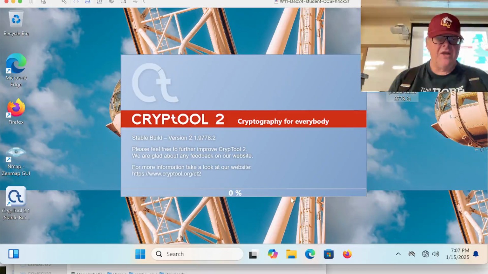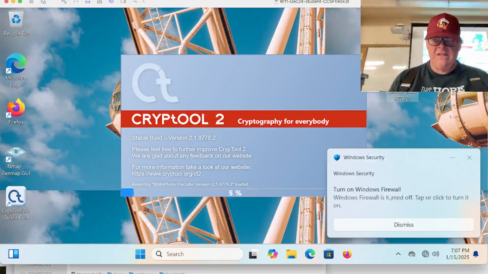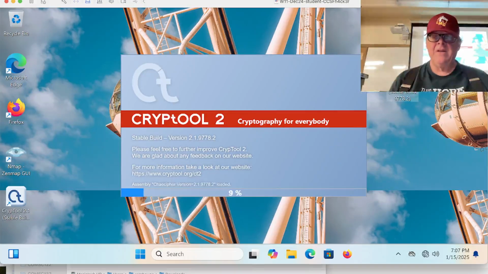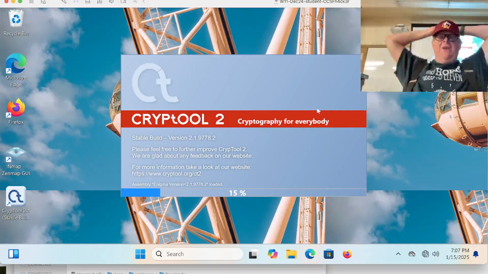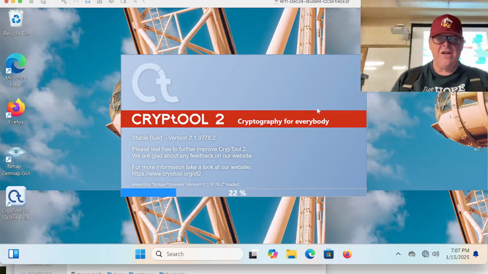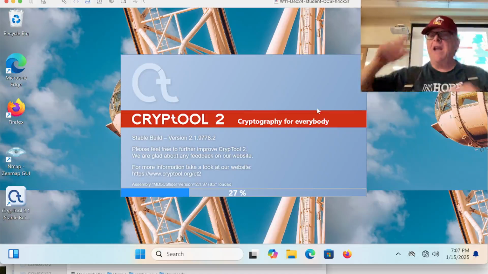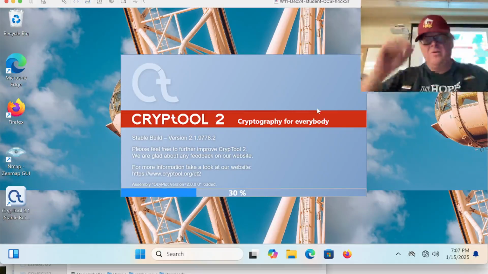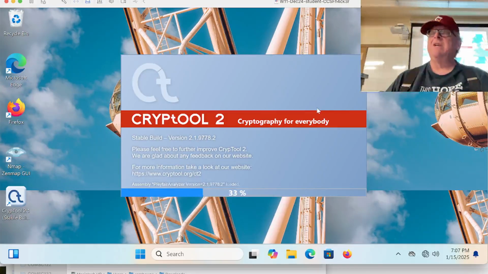All right, well, looks like it's starting. I don't want to turn on the firewall. I'm leaving it alone. I'm throwing away this installer. All right, 14%. It might load up, or it might give me some error saying I need to install .NET. We will see. This is Windows 11 running on Apple Silicon, so you may have a different experience if you have an Intel processor or Windows 10, but